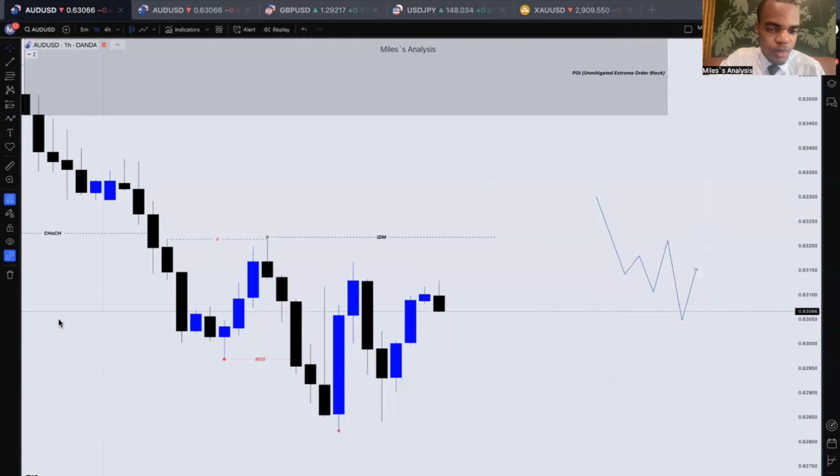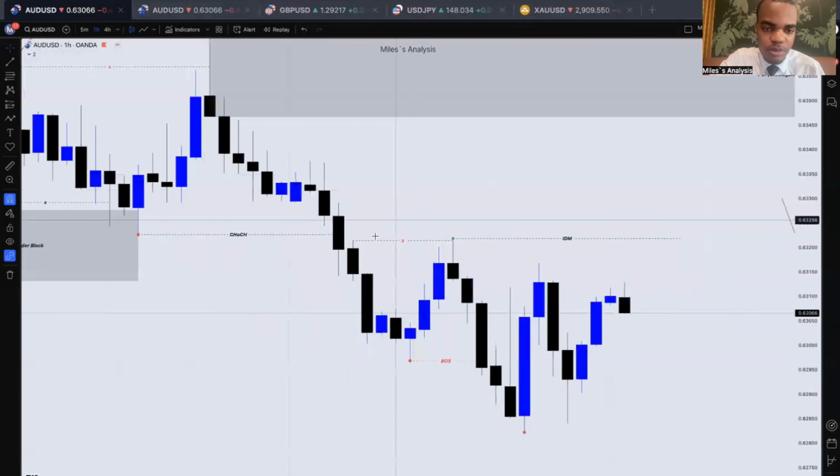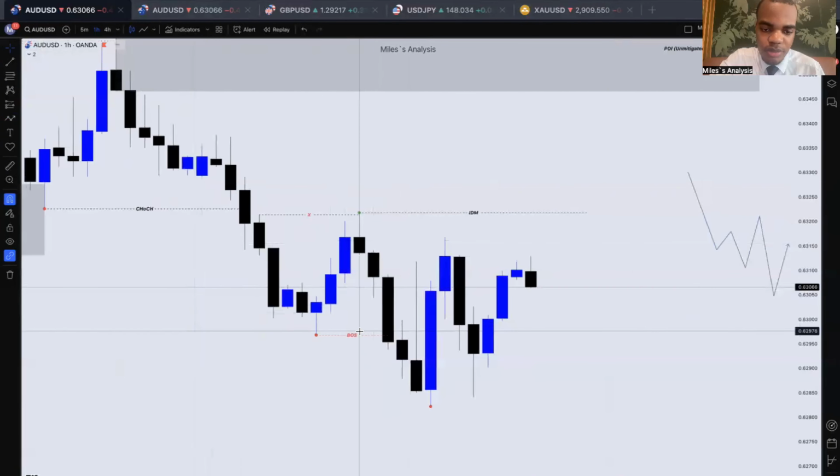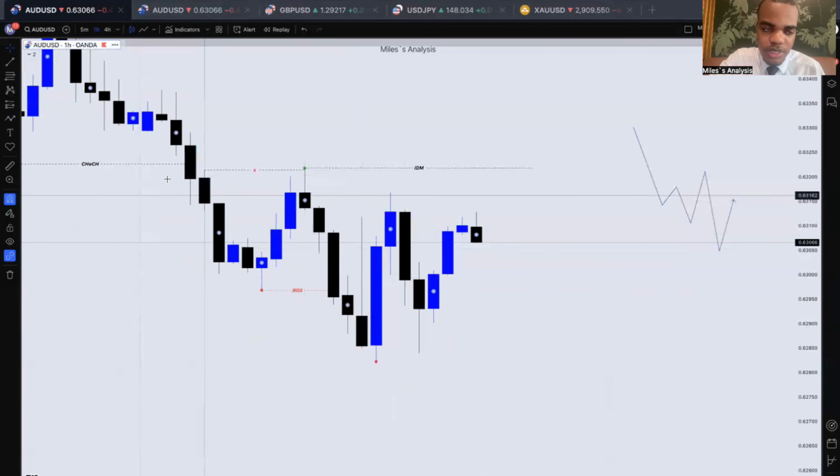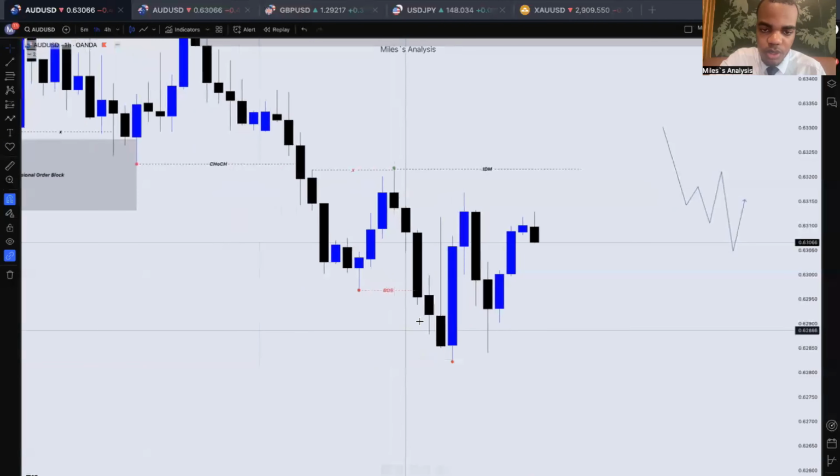So you can see that on this chart here, price created a change of character, then breakout structure. But you can see that in this dealing range from this point to this point, there is no adjustment. So our higher low here becomes our new adjustment, right? So where should we be looking for shorts? If there was an adjustment, then we'd be looking for shorts from this extreme order block. But because of the absence of the